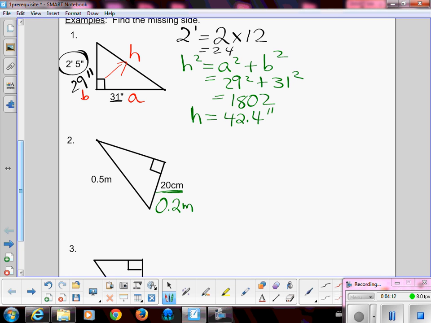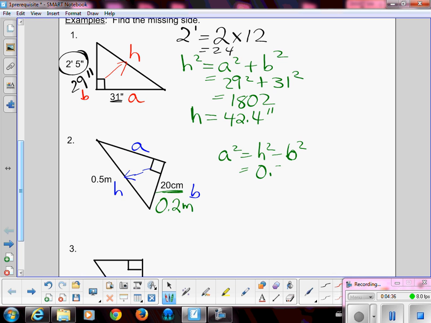Again, I need to identify my hypotenuse. Here's my right angle this time. There's my H. So it means I need to find one of the others. Since I have the hypotenuse, I know I'm going to subtract. So I have